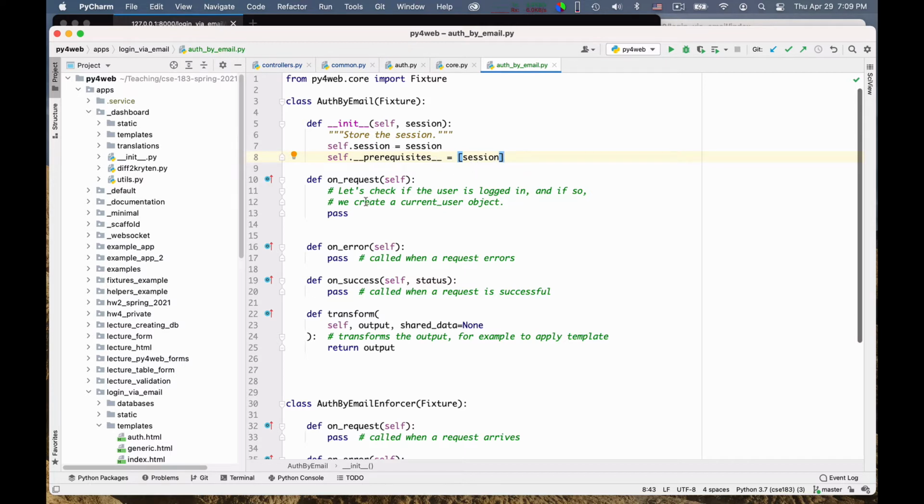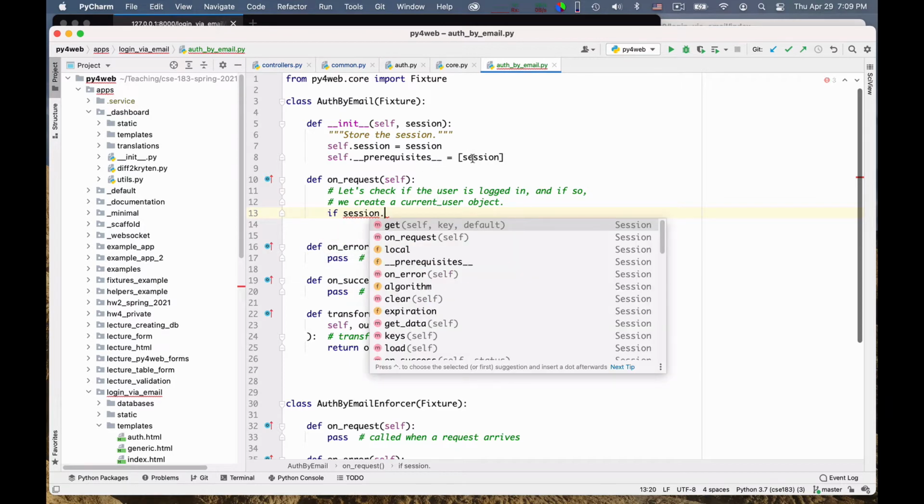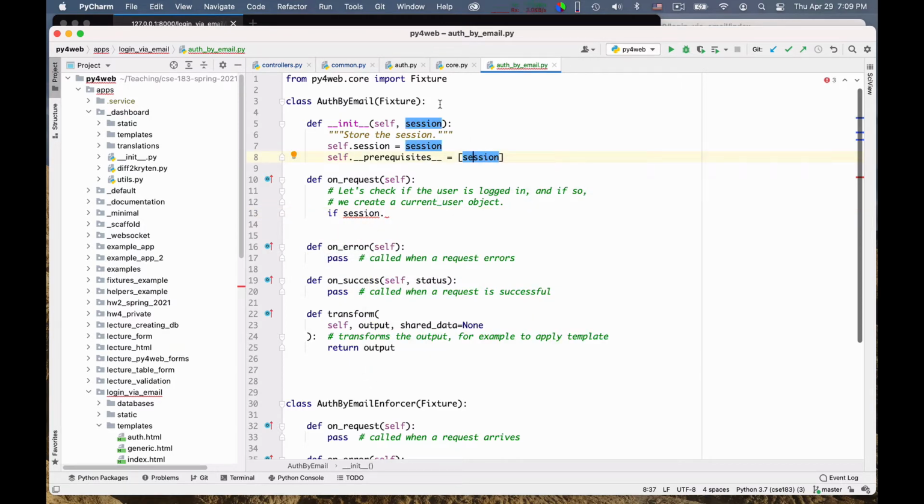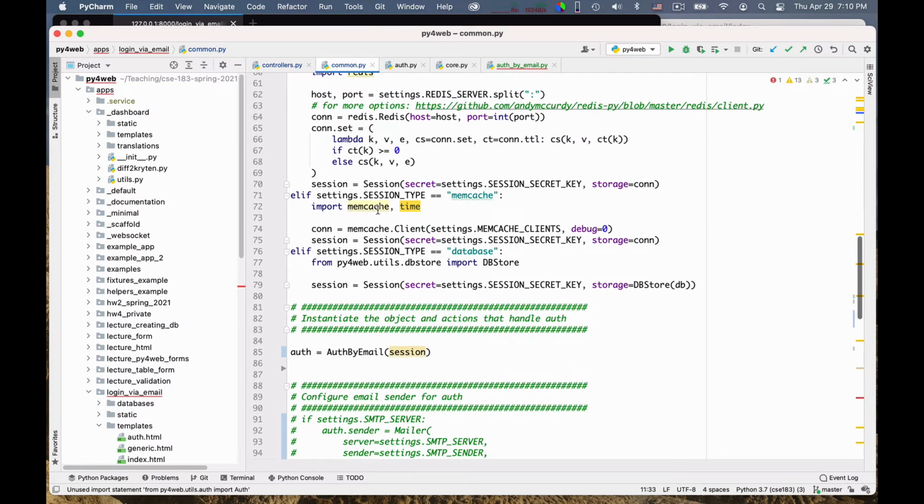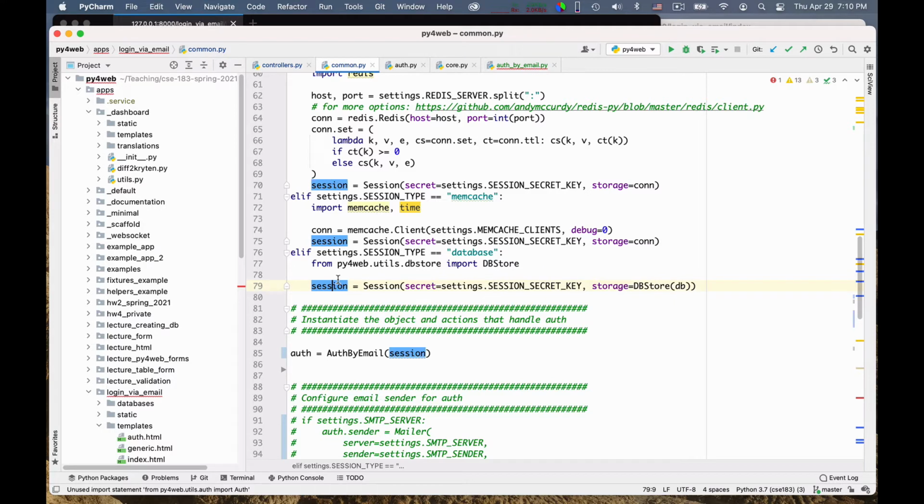Now, once we have the session, we can do this. So what type is the session? Well, if you don't know, you can always look. So we can look at the session because I want to see how to access pieces of the session, right?